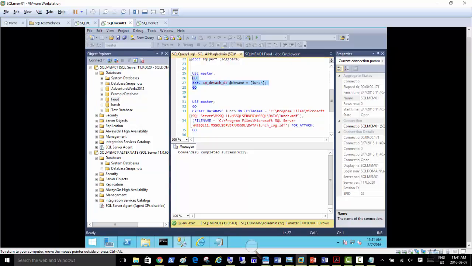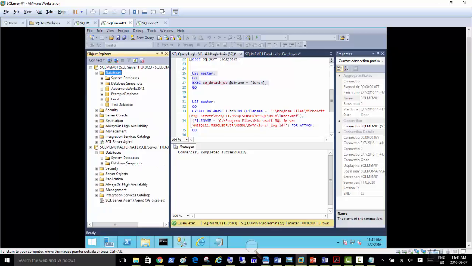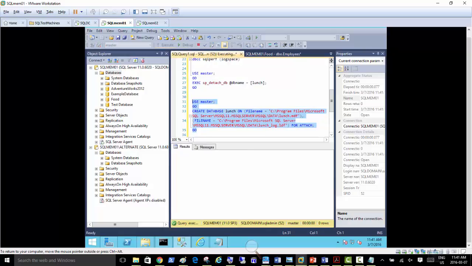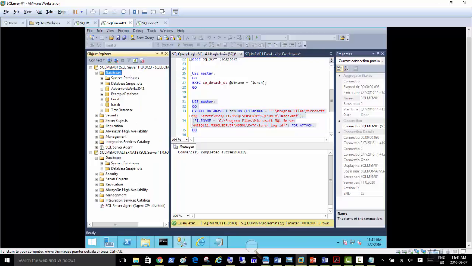So let me just run that again. Use master, DB-Attach. So I'm just removing execute. So I've detached the food database again. Oh, it was food or lunch. Okay, lunch database again. Refresh. Now I'm going to make sure that it is detached. Refresh. Yeah, lunch is gone. Okay, the lunch database is gone. And then execute, refresh. Well, this is if we are attaching and detaching it to the same database, but the script works for attaching and detaching to the same database.